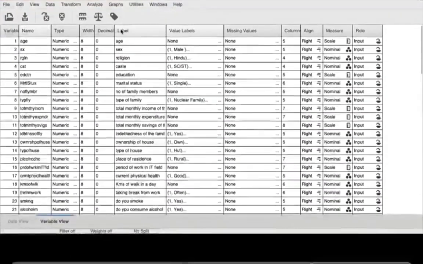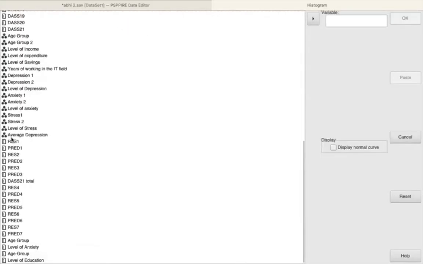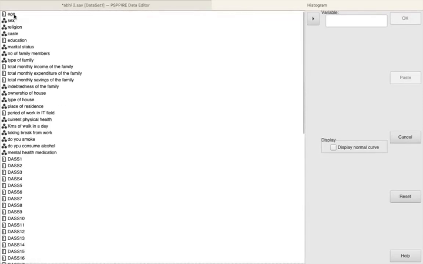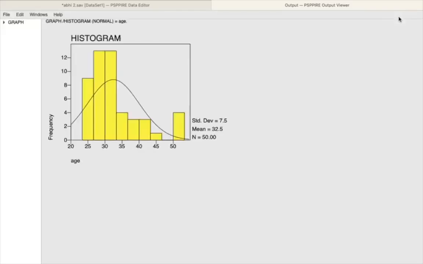Give me a second. Go to Graphs, Histogram. Let us take the example of age itself. I will put it in here and click Display normal curve. You do not need to do this; I will show you later how to do it. For now, I am just showing. Here it is skewed; you can see this side is too big. Actually, the center should have more bars and the sides should have fewer. If it was like that, we would call it a normal curve, a bell-shaped curve.